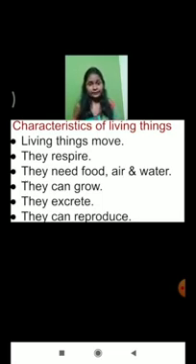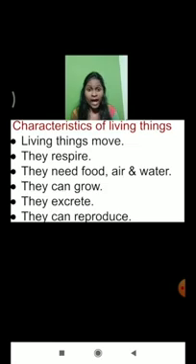Okay, and most importantly, all types of living organisms do the excretion process. What is the meaning of excretion? The removal of waste material from our body. What are the waste materials which we remove from the body? Sweating is one waste material of our body. Then what is the next waste material? Urination, then fecal matter. These are the waste materials of the body, and this waste material can be produced only by living organisms and it is not produced by non-living things.